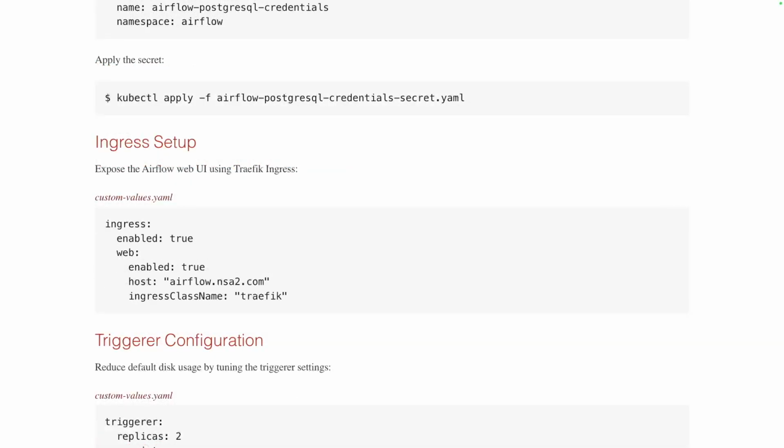We expose the Airflow web server using an Ingress resource, handled by Traefik. In the config, we specify the hostname and Ingress class. This allows users to access Airflow from a browser via a friendly domain like